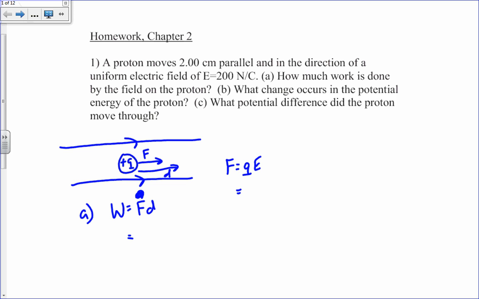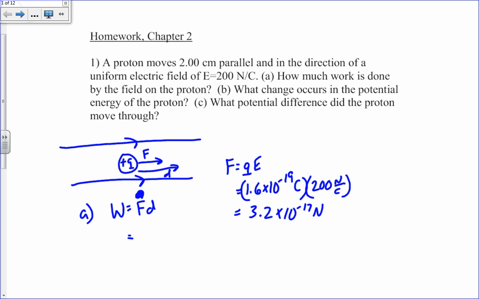Q times E, that's going to be 1.6 times 10 to the minus 19 coulombs times the electric field, which is 200 newtons per coulomb. Now let's see, that is 3.2 times 10 to the minus 17